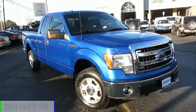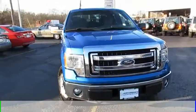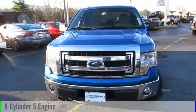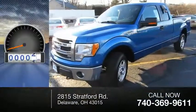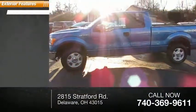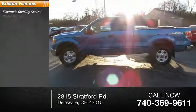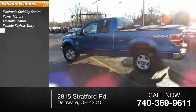The 2014 F-150. This vehicle is powered by a 4-wheel drive, 8-cylinder, and comes with an automatic transmission. This vehicle has less than 95,000 miles. Here are some of this vehicle's great options: electronic stability control, power mirrors, traction control, remote keyless entry, fog lights,